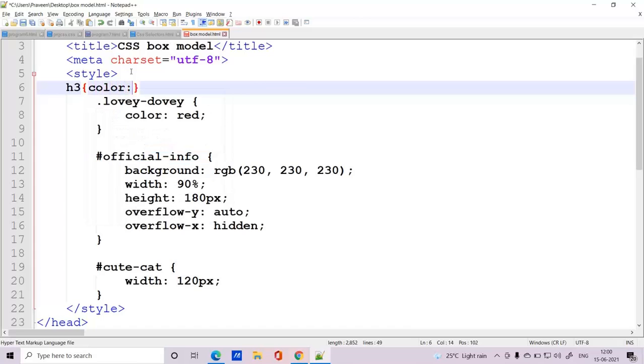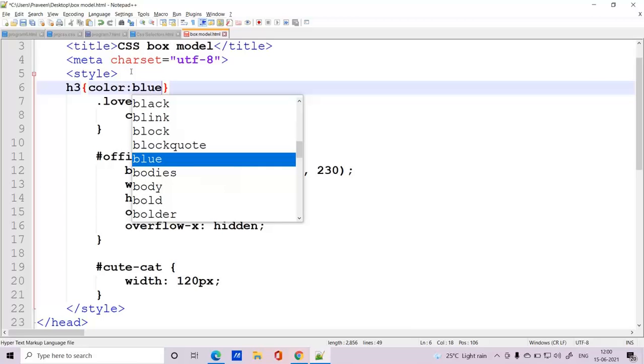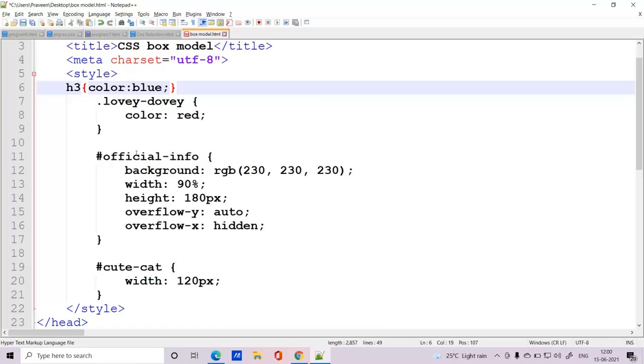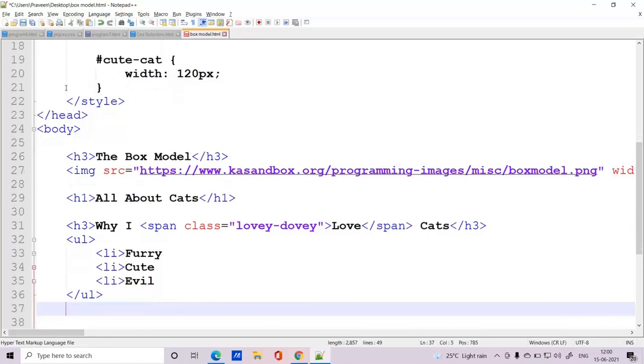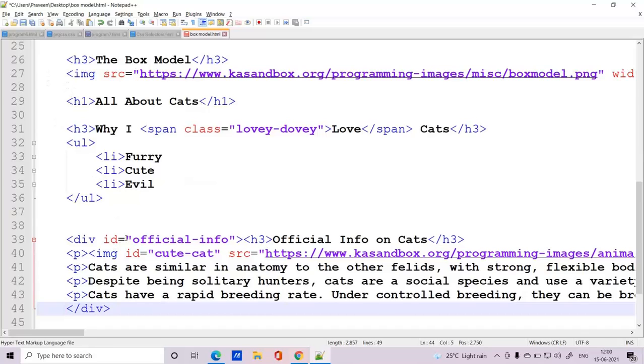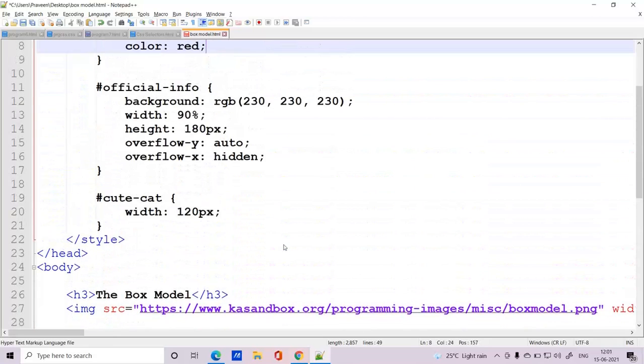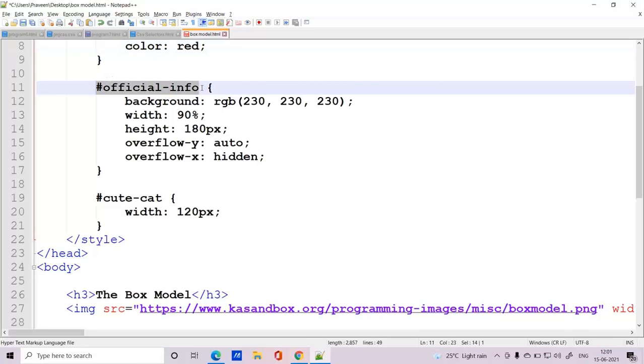I'll mention something like blue. When I mention the color as blue, that is nothing but this tag. Wherever I use h3, those tags should be displayed in which color? Blue color. But if you observe, if I write the same in the division tag also, I have this official information which will be following the color or whatever information that I give in the official information.